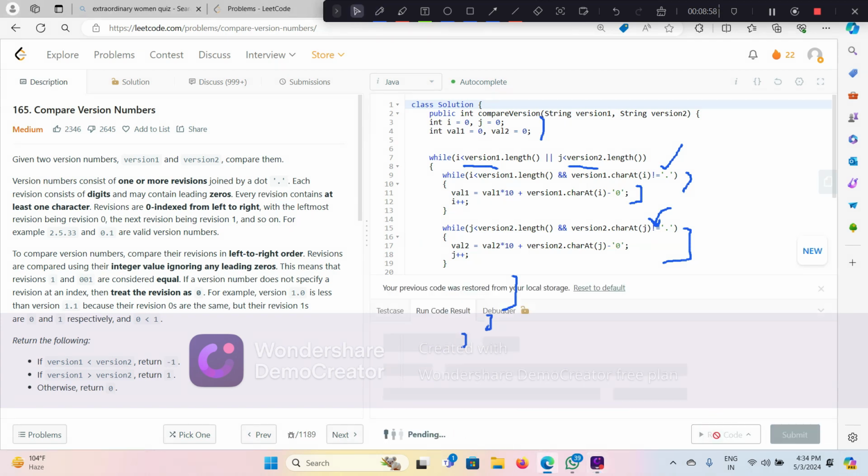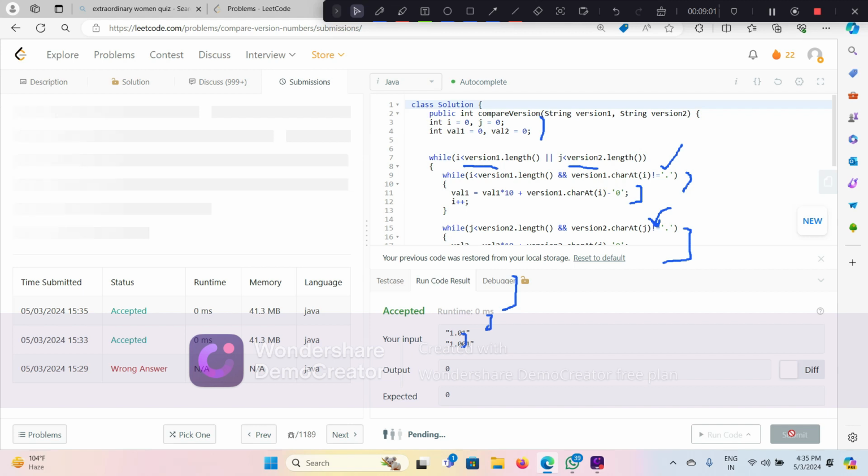So let me quickly run it and let me submit it. Yeah, it is